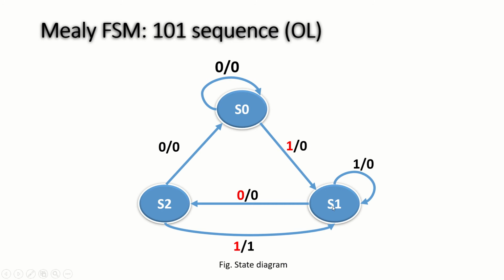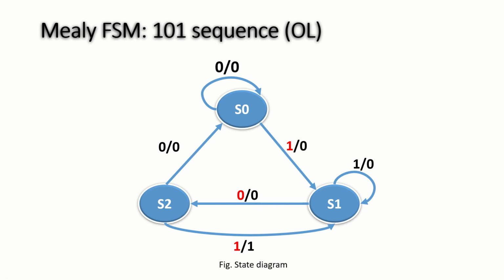So let's move ahead. When we are at the S1 state and the input equals 1, the output is again 0. But when the input equals 0, it will move to the next state as we are getting the desired bit, but the output is still 0. When we are at the S2 state and the input equals 1, we get the desired bit and it completes the desired sequence 101, so the output would be 1 and it will move to the S1 state. When we are at the S2 state and the input equals 0, it will go to the reset condition.